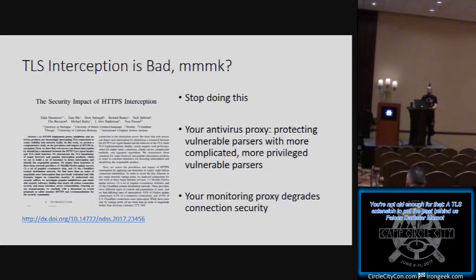Anyway, the paper is called The Security Impact of HTTPS Interception, and it basically says, in almost every case that we surveyed, we found that the TLS intercepting proxy negotiated a weaker protocol in cypherspec than the clients behind it support. And we found this because we fingerprinted the browser user agent, and we know what that browser supports and what operating system it's running on and what that operating system's crypto layer supports.